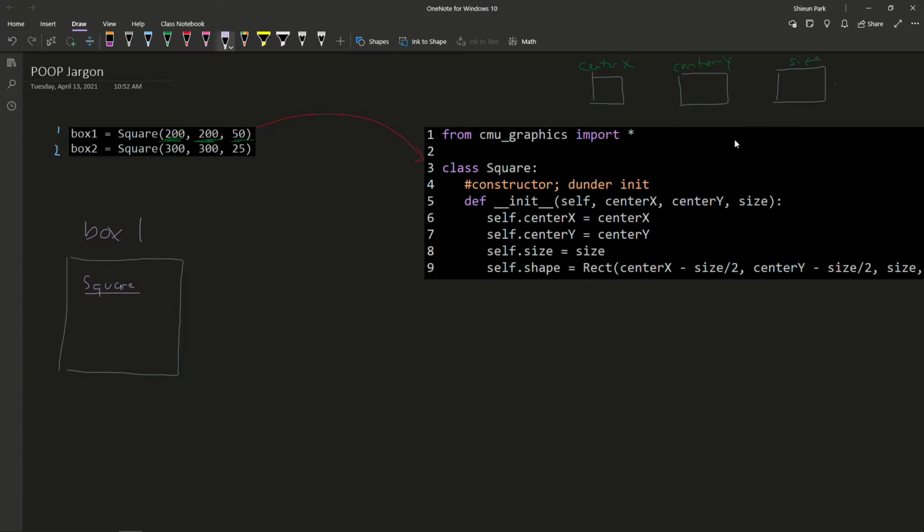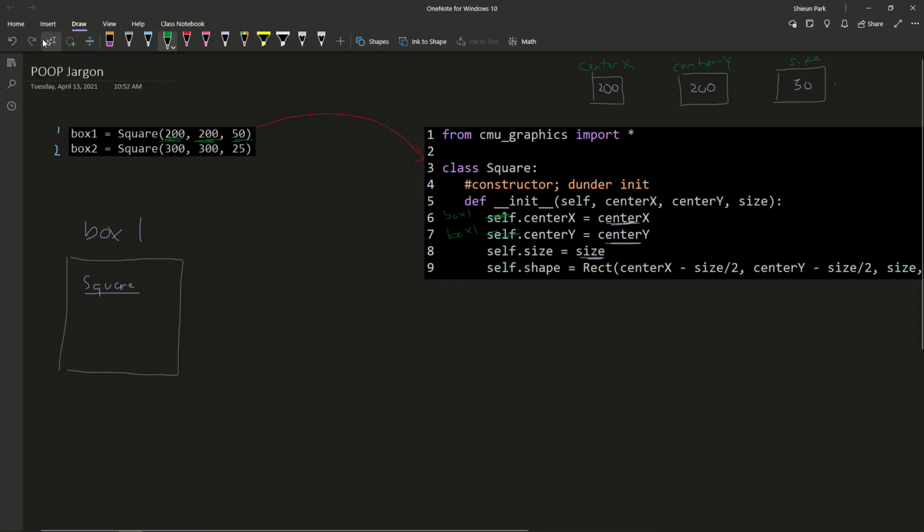So what happens is temporarily, only in this dunder init method, center x is 200, center y is 200, and the size is 50. And then what happens is we take each of these components, the center x, center y, and the size, and we're storing it into self.centerx. Remember, I just told you self really is just the object that you're currently dealing with, so box 1. So what the code will do is it'll replace all the selves with box 1, and so on and so forth. So now over back in box 1, we just take the values we just found in these local variables here, and we store it back in here.